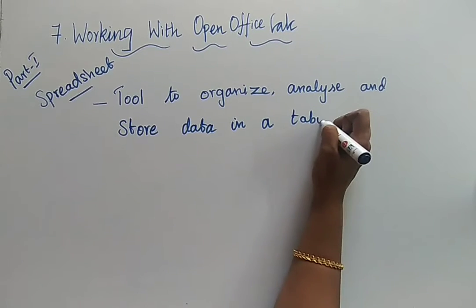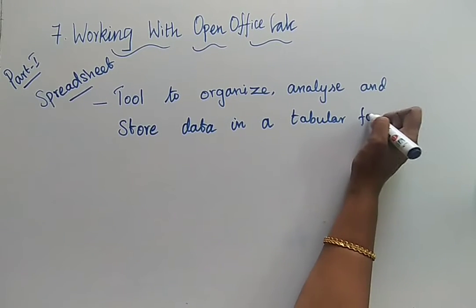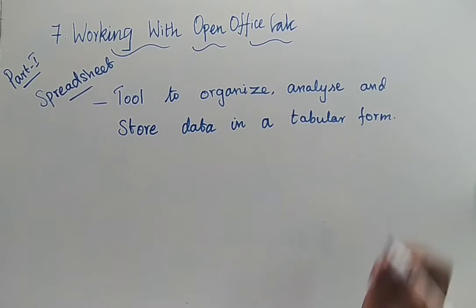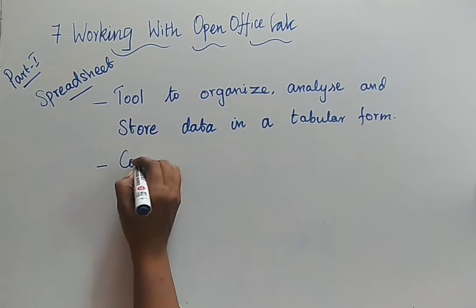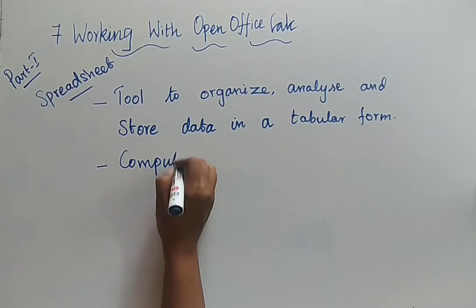Why do you need everything in a tabular form? By means of that only you can have a neat look, and it is easy for you to see the details easily. That is why we have the details in a tabular format. It is computerized here. Before you had computers, how were the details maintained? Everything was written on paper. But now everything is computerized for you.